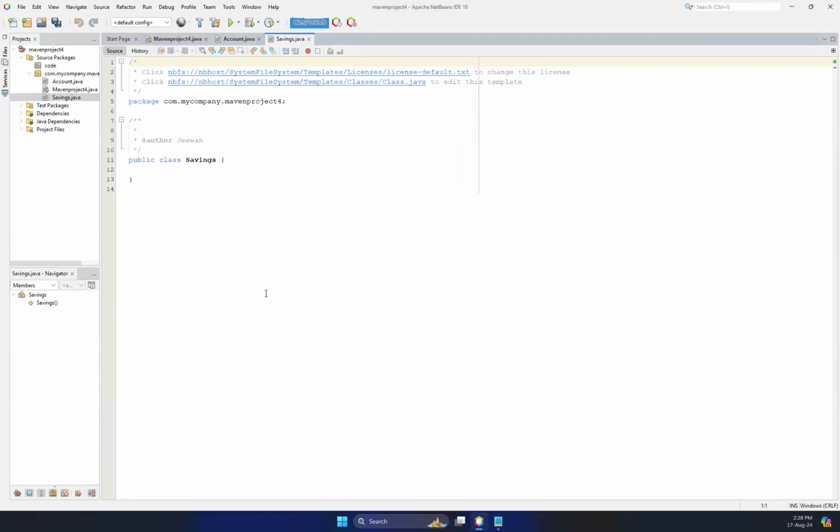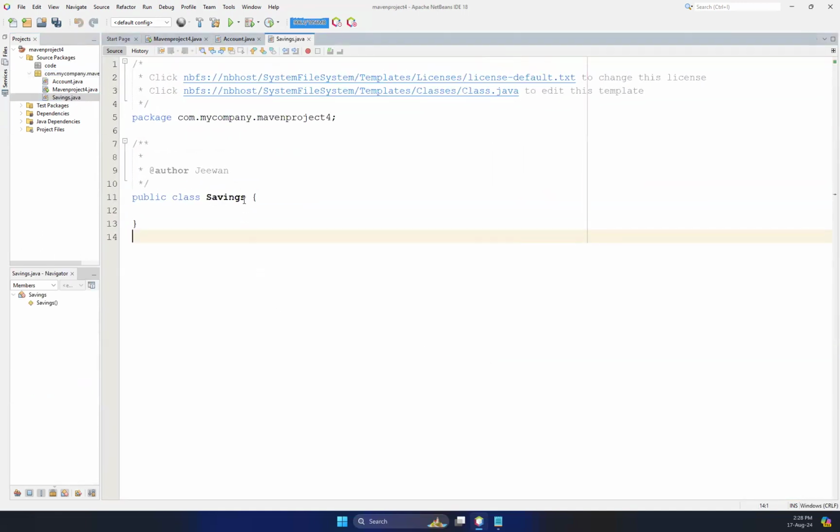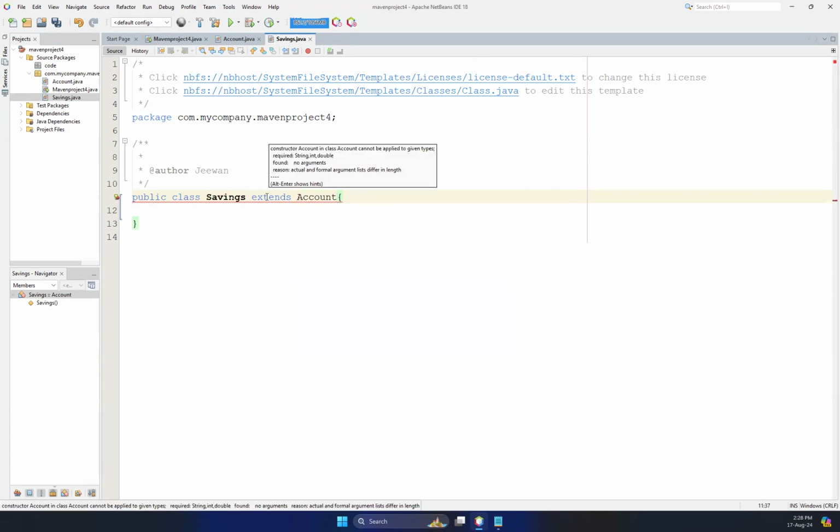And I can make this a subclass of the account class. By using the keyword extends, I can make the subclass of the account class. Now the account class becomes a superclass and I inherit all the things from the